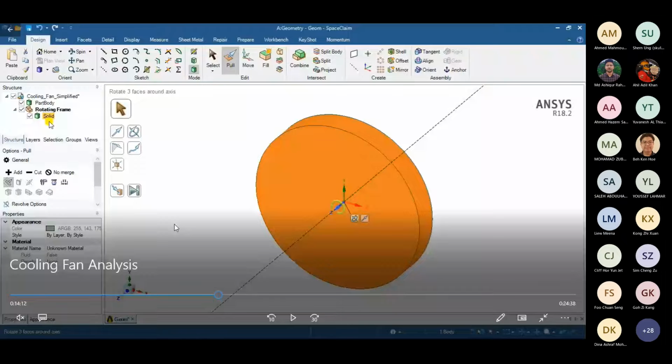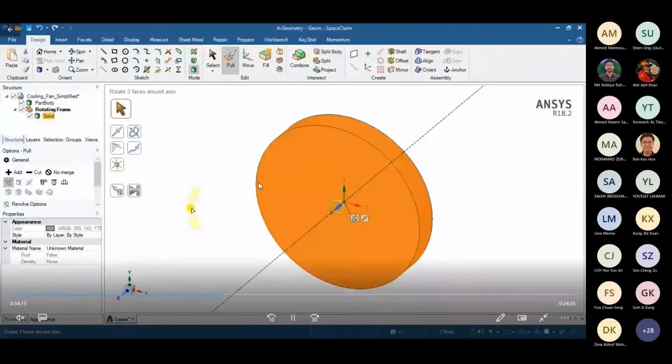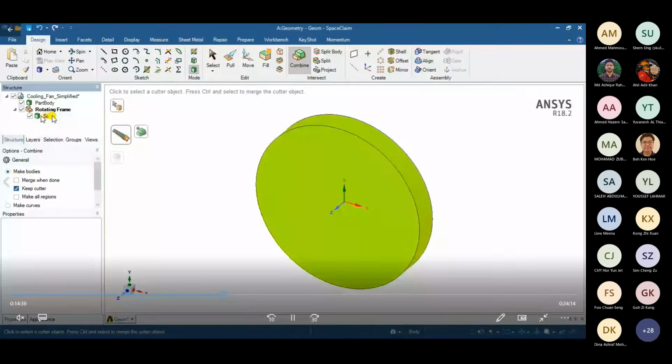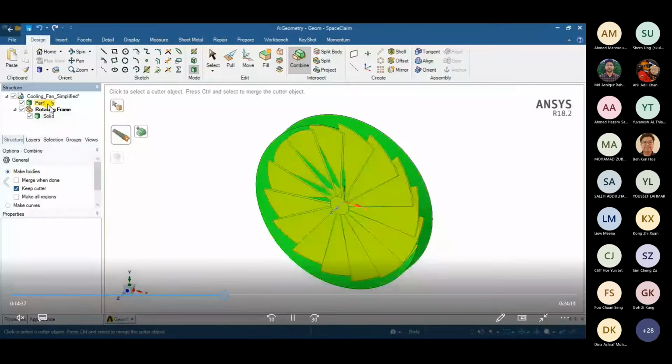The vacuum part will not be analyzed throughout this process. The part where you are seeing the material is going to be analyzed. So I'll use the combine option over here and click on this solid, my target body, from which I want to remove the material. I would select my part body as the shape to remove.